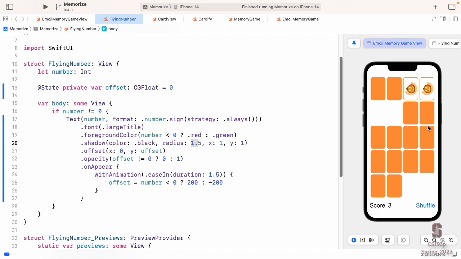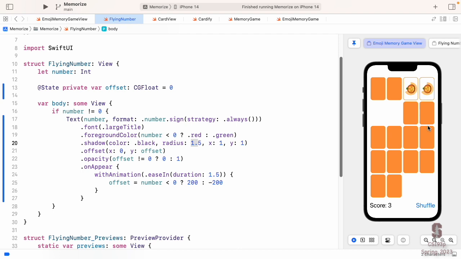Oh, no +2. Well, the problem here is it's only going to show its flying number once. Why is that? Well, the text appears, sets the offset to be 200 or -200, then the offset just stays there. It never gets reset back to 0. So it never appears again because there's never any animation going from there.